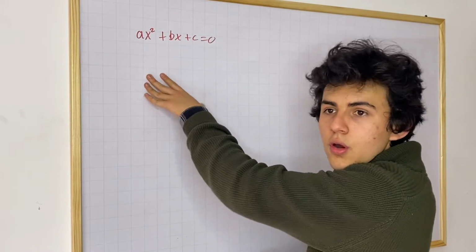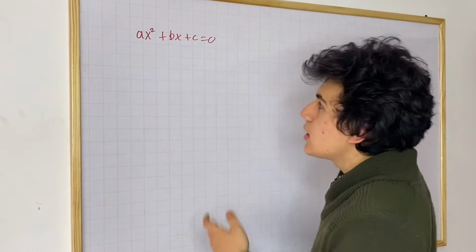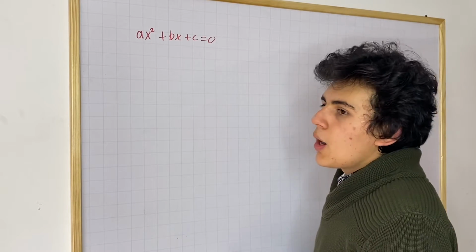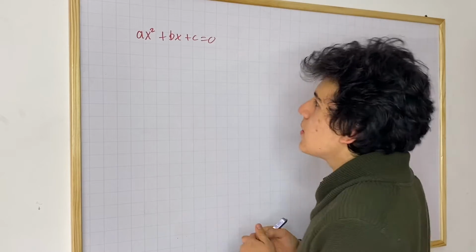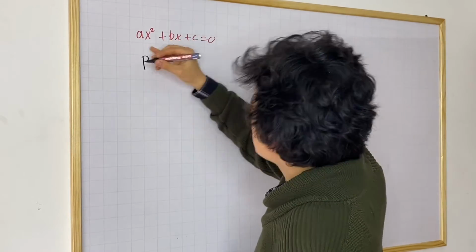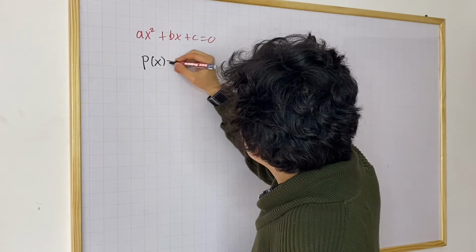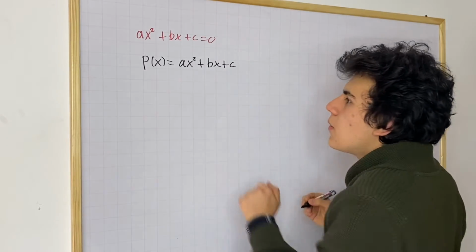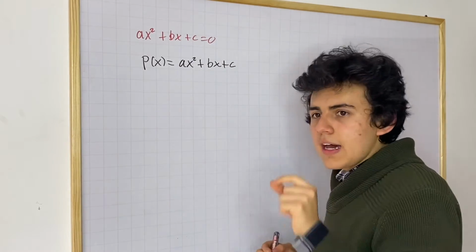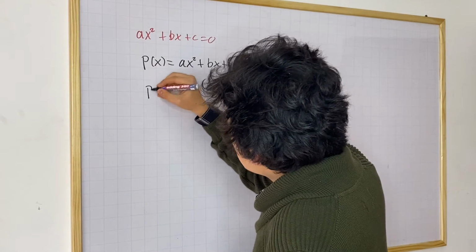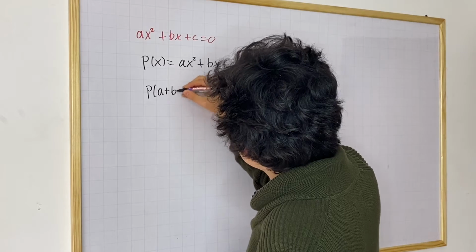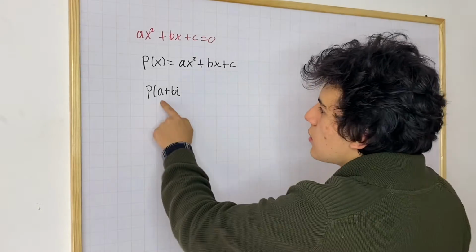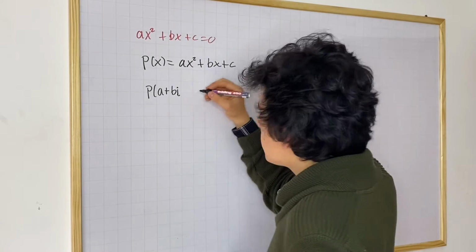Now what are the roots, or the x-intercepts, you could call them, for this equation? In this case we could use the quadratic formula, but what if we knew that there were complex solutions? Basically, if we define a polynomial p of x equal to the expression on top, we could say that if p of a plus bi, remember this is a complex number in the form a plus bi, with a real part and an imaginary part,